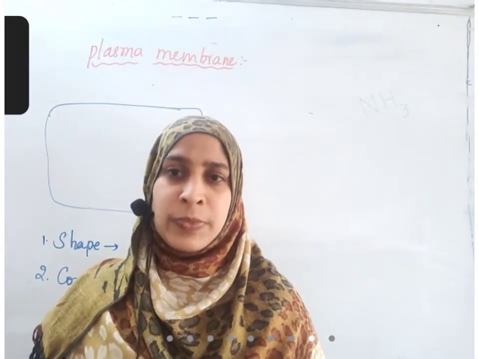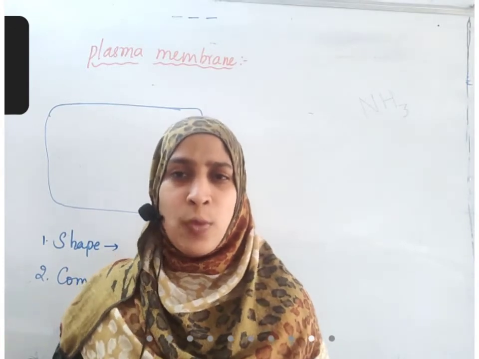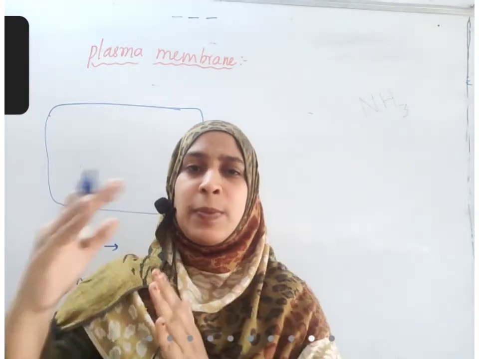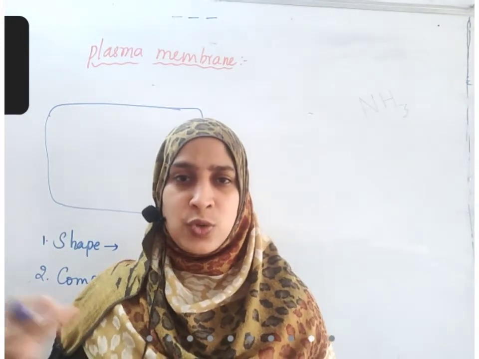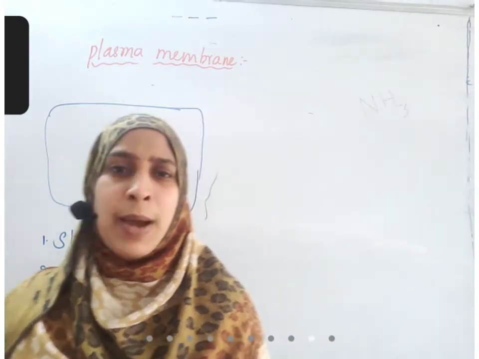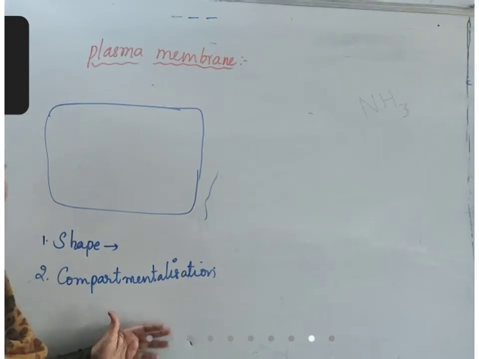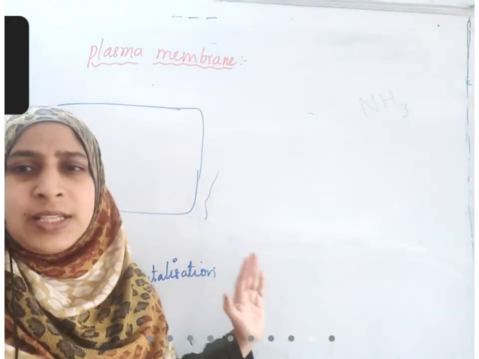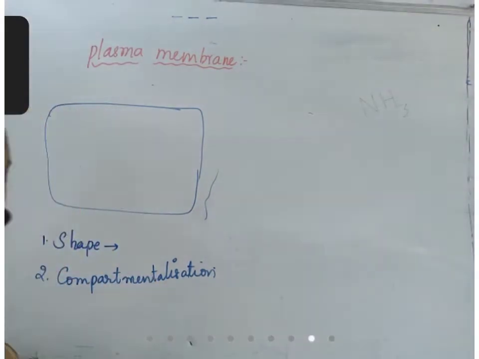Like suppose we are sitting in a classroom usually. Why don't we all sit in an open playground? It's not convenient for us. What we need to do? We sit in separate classrooms and divide our work, class 1, class 2, class 3, like that. That helps in compartmentalization, division of work. This is also the same thing. Every cell's work is separated from other cells' work. That is the second most important function.